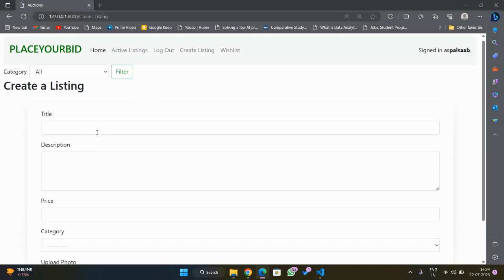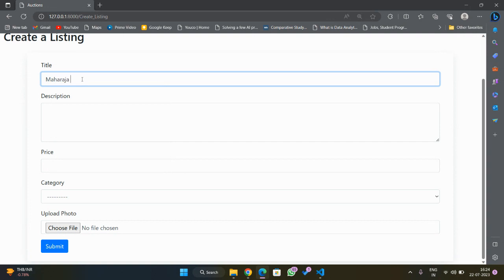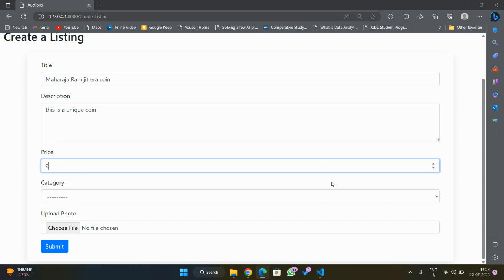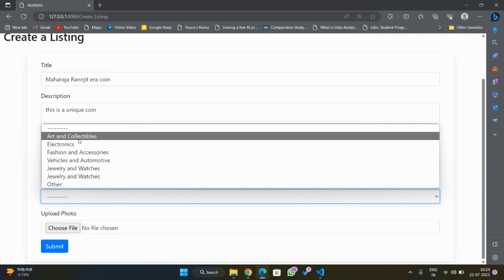over here. So in order to create a listing, I can type in the description of my listing, that is, I'm listing a coin. This is a unique coin. Okay, so I am setting its price to $20,000. Okay, so this falls, and I have a facility to tell that this falls under a category of art and